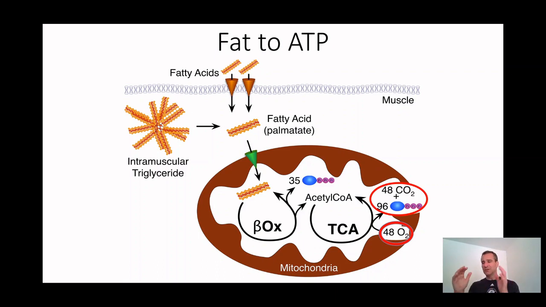Remember, when we're breaking down glucose, we go to pyruvate, a 3-carbon molecule. As we transport pyruvate into the mitochondria, it becomes acetyl-CoA, a 2-carbon molecule. That goes through the TCA cycle and, with oxygen, generates more ATP. With fatty acids, they can come from our blood or from intramuscular stored fatty acid within the muscle. You again have to transport them into the mitochondria, and all of fat breakdown happens in the mitochondria. So that's the first step: you already have to get it into the mitochondria.